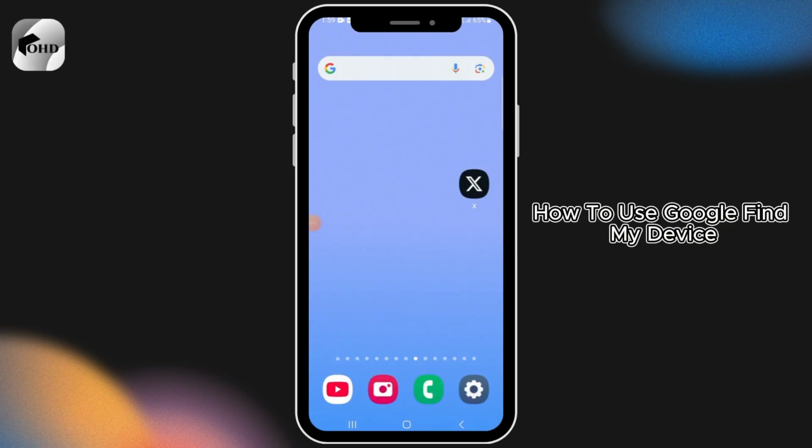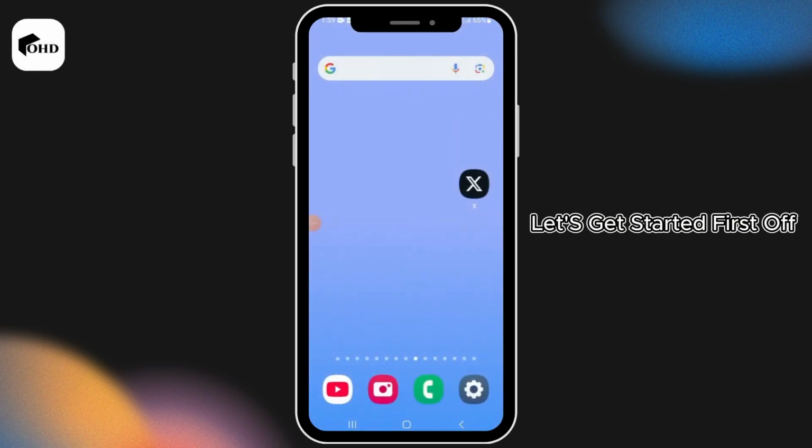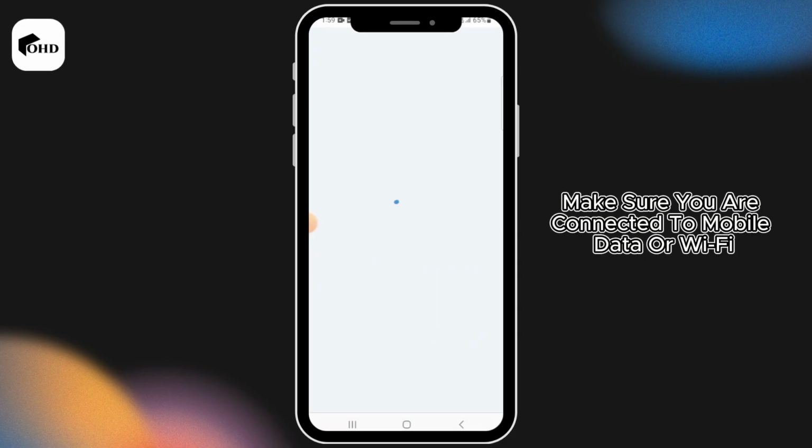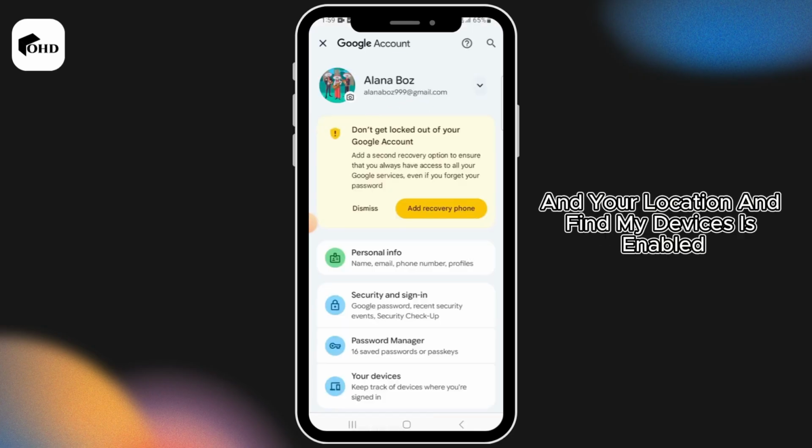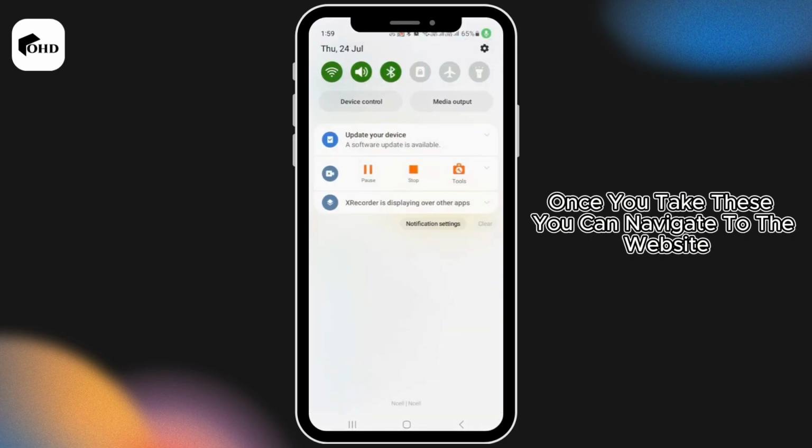How to use Google Find My Device. Let's get started. First off, make sure you are connected to mobile data or Wi-Fi. Likewise, you are signed into Google account and your location and Find My Device is enabled. Once you check these, you can navigate to the website